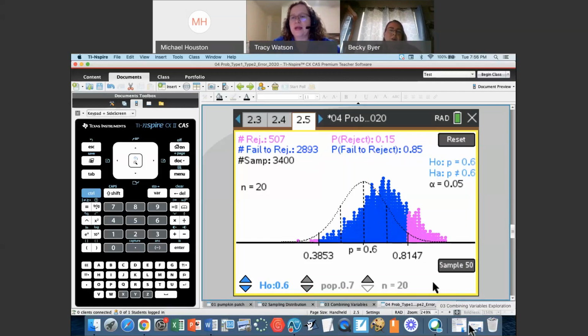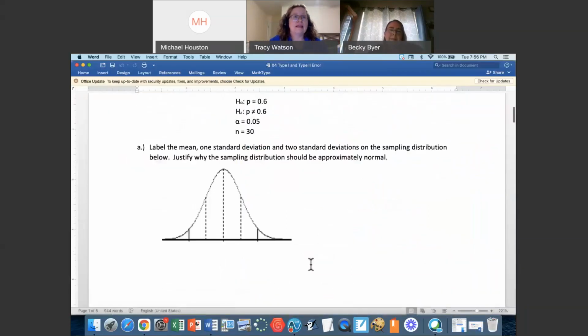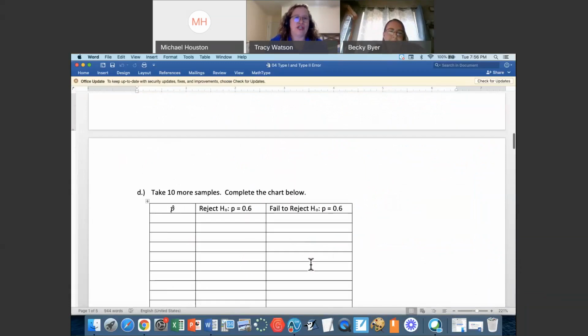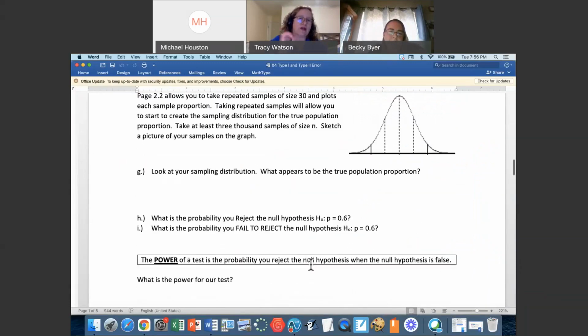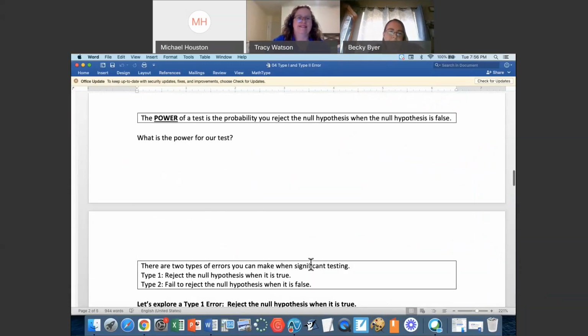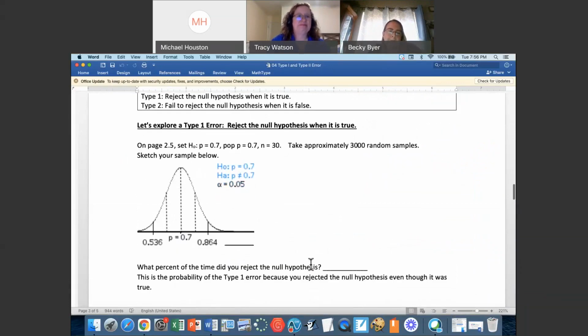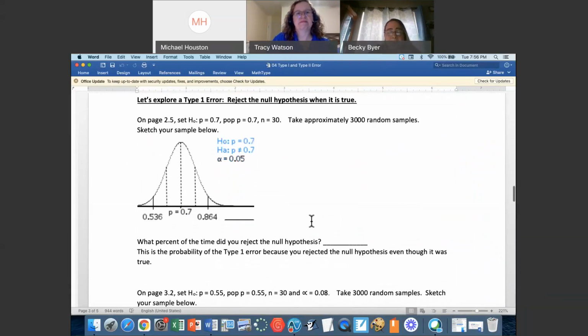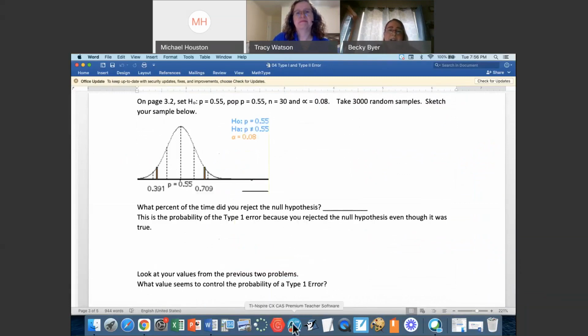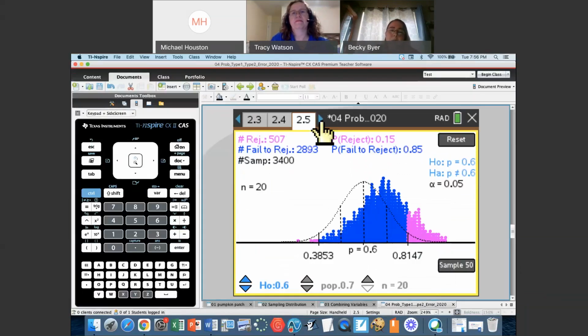And so I just want to point out the worksheet that goes with this is describing exactly how she has the students working through this. I know we went through that really fast. And so then it's going to tell the kids exactly what to set the populations and the proportions to. The 2 pages we haven't shown you yet, but again, you guys get the files, will actually let you change the alpha level as well.